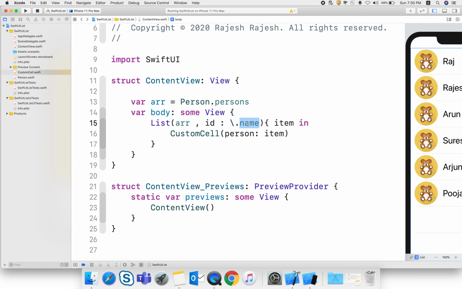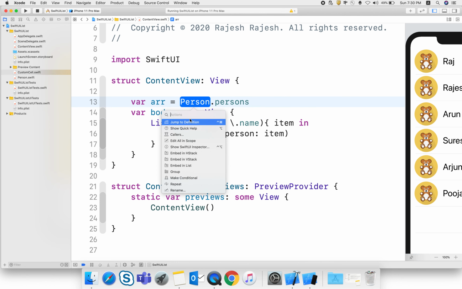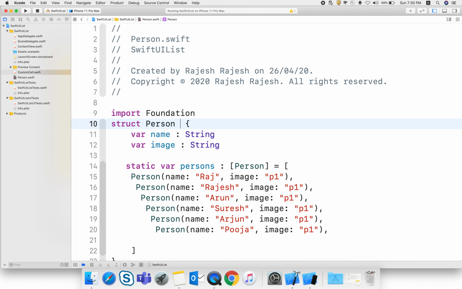I provided the name as a unique identifier, but it is not good practice in an application. In a demo it is quite right, but in a project you need to conform to the Identifiable protocol.